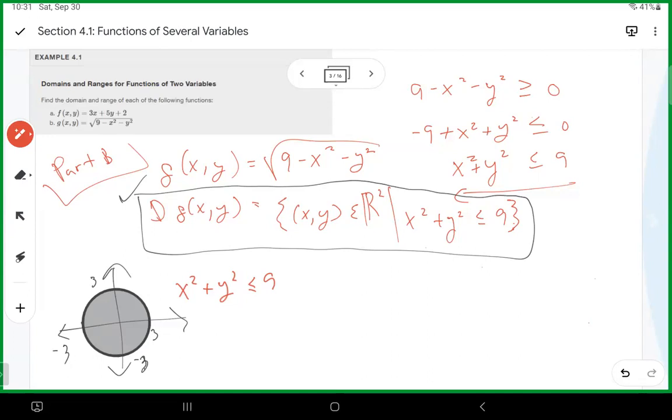Okay, to determine the range for this function, we have to start at the point x sub 0, y sub 0 on the boundary of the domain, which is defined as x squared plus y squared equal to 9. So in other words, we would have,